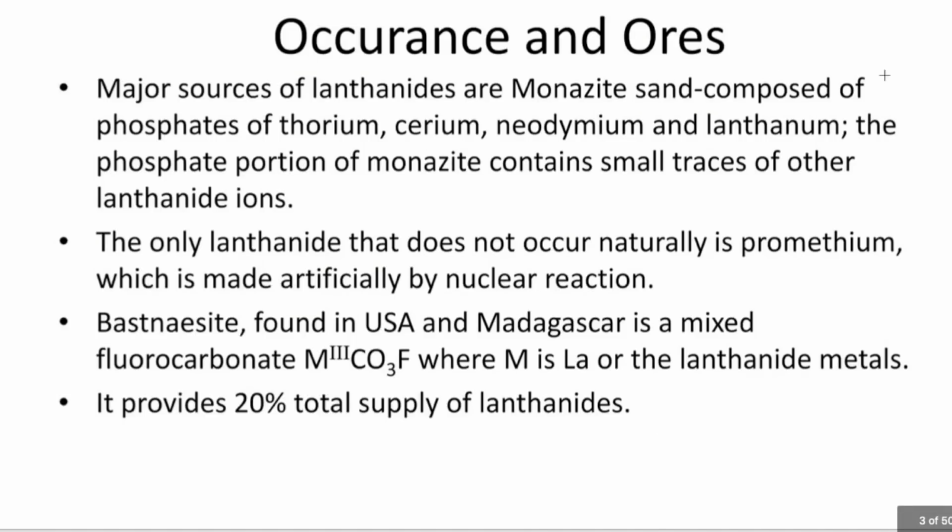Okay, let's talk about their occurrence and ores. The major source of lanthanides is monazite sand, and basically it is composed of phosphates of thorium, cerium, neodymium and lanthanum. The phosphate portion of monazite contains small traces of the other lanthanide ions as well, but that's not of more importance. The more important point is that monazite sand is actually a phosphate of thorium, cerium, neodymium and